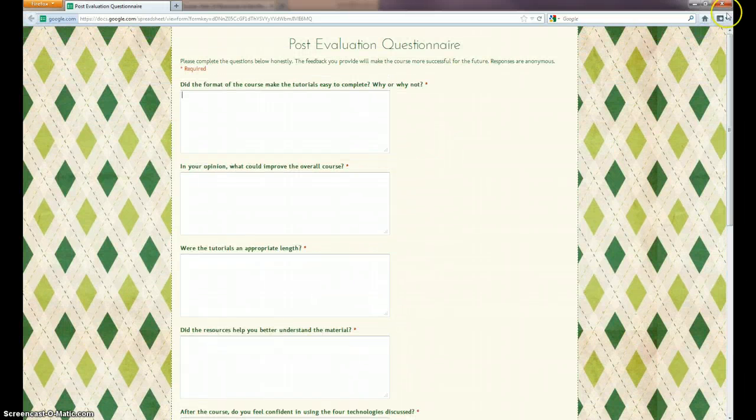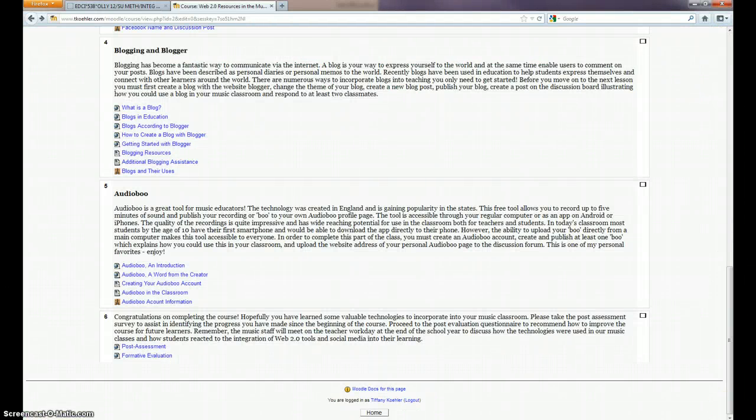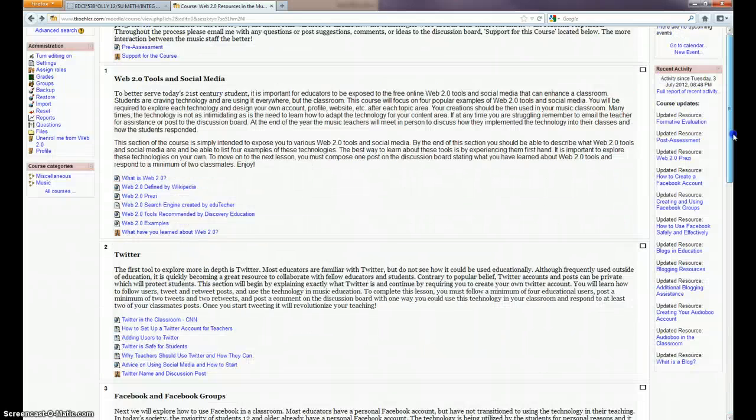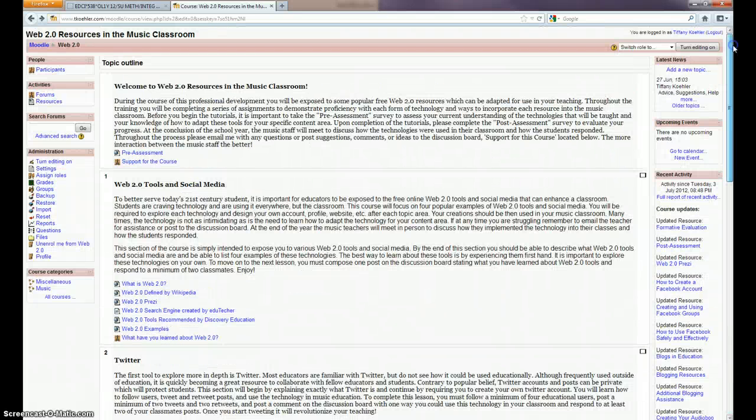So that is Music Resources in Web 2.0. And it's a pretty easy layout. It goes straight top to bottom chronologically. None of these are too in-depth, and the evaluations are all your own creations of your product to help me know that you'll be able to do this in your own classrooms.